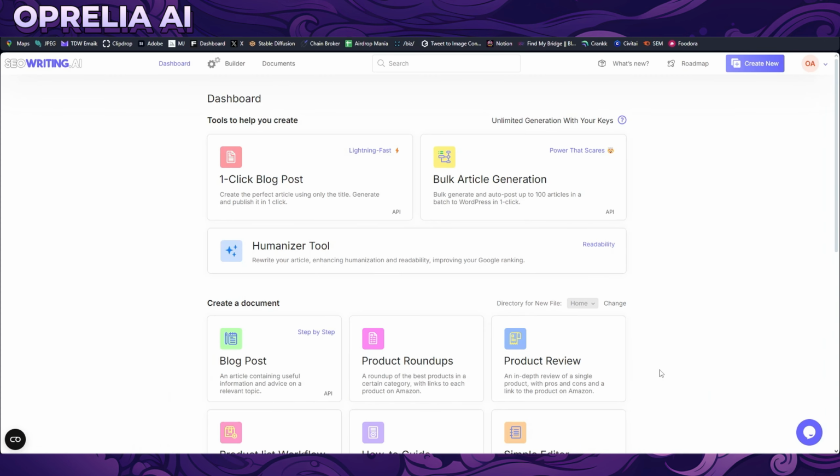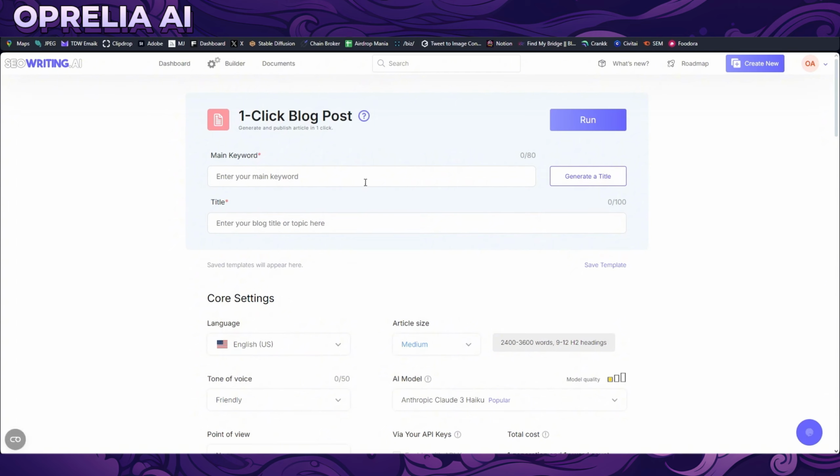So this is what it looks like, and as I said, there are a couple of different tools here. We're going to be using the one-click blog post here. And all you need to do is insert a keyword. You can also use many different languages. So maybe your niche is in another language or something. That works too. And I want to just do an article for best